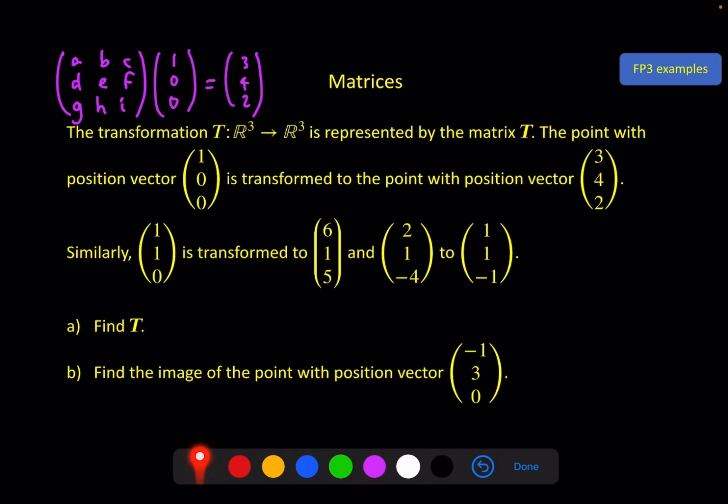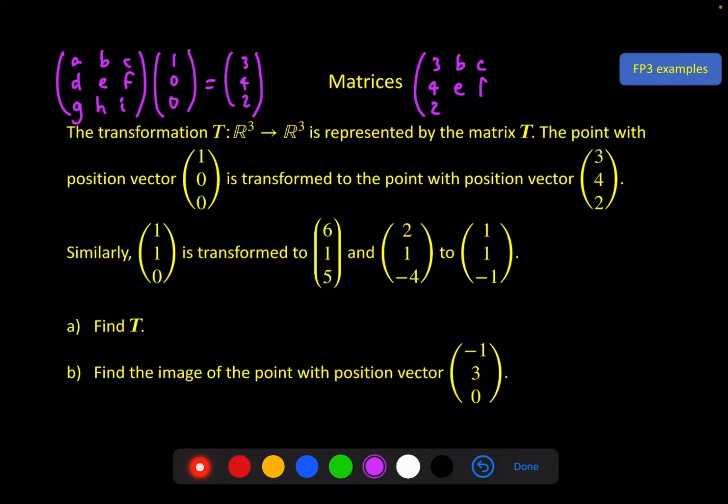But what we can say here is A times 1, B times 0, C times 0 gives me 3. So A must be 3. Similarly, D times 1, 0, 0 gives me 4, so D must be 4. G times 1, 0, 0 is 2, so G must be 2. In other words, 1, 0, 0 is giving me the first column of my matrix here. So I can say 3, 4, 2,